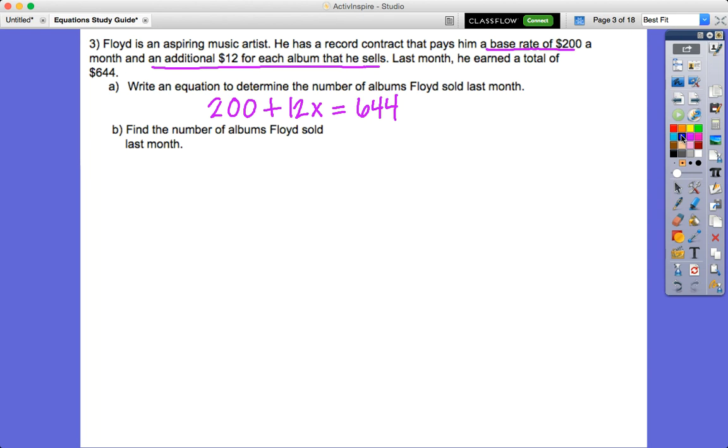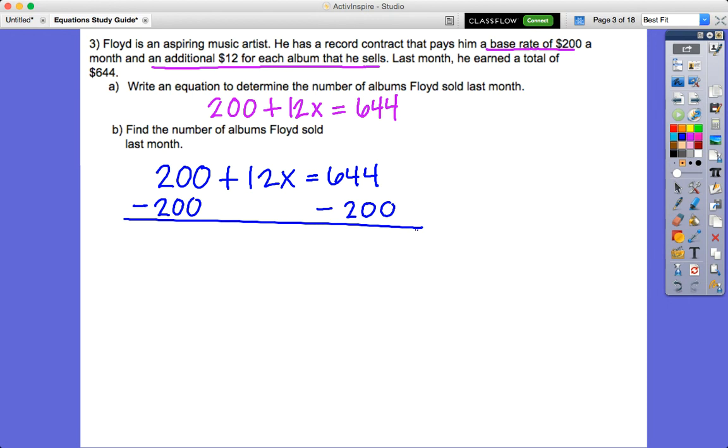Now moving on to part B, it says to find that number of albums. So you're actually going to solve what you did in part A. Make sure to read these directions very closely on the test so that you give us the right answer. Now, I always take the sign that is in front of the number. If there's no sign in front of the number, I just assume that it's a positive value. So the inverse of a positive value is going to be to subtract 200 from both sides of this equation. 200 minus 200 gives me 0, and I'm left with 12x equals